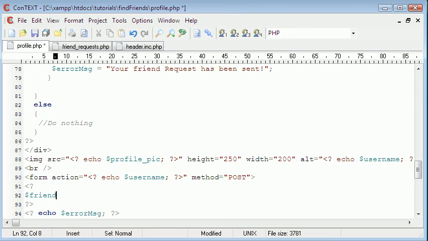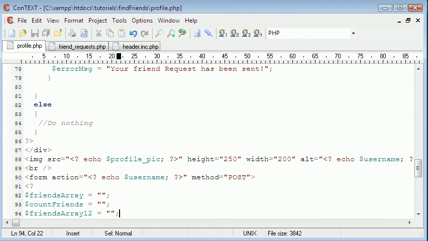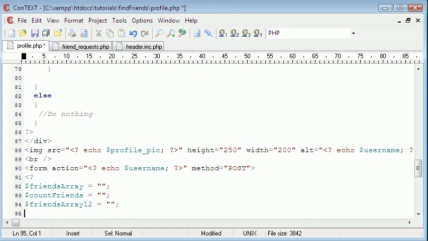And we're going to declare some variables first. So it's friend array, or friends plural, count friends, and friends array. I know it's weird, but I'm calling it friends array 12 because that's how many friends will show on the profile. What we're going to do next is create a query called select friends query, and it's going to equal